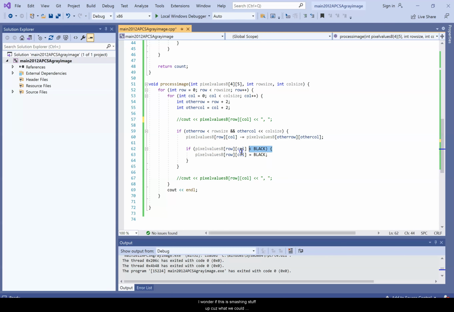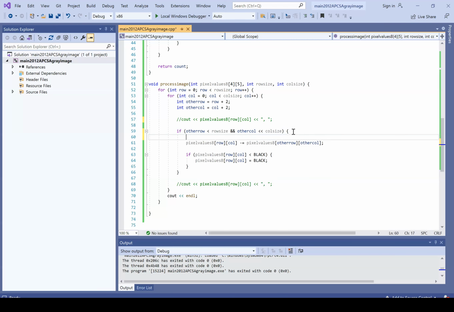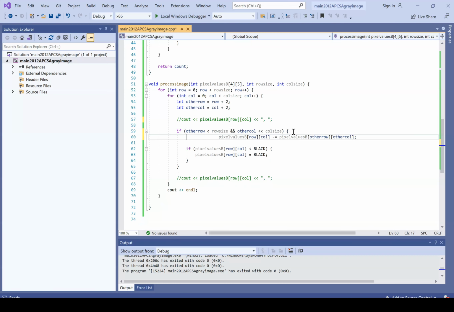I wonder if this is messing stuff up, because what we could do here instead, I don't like this, but whatever, we could say if this minus that is greater than black,